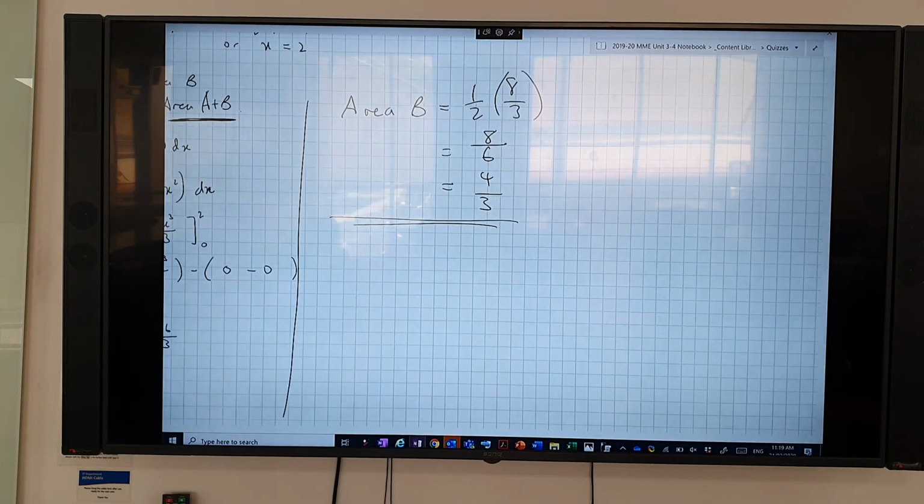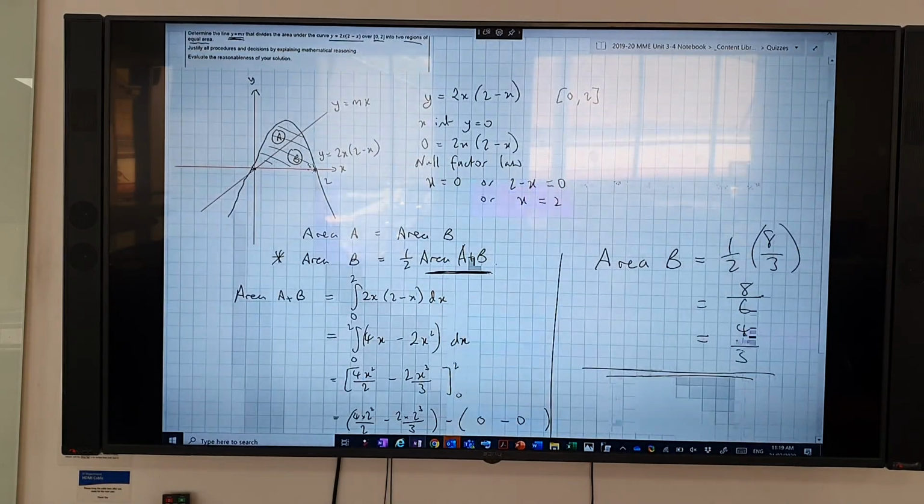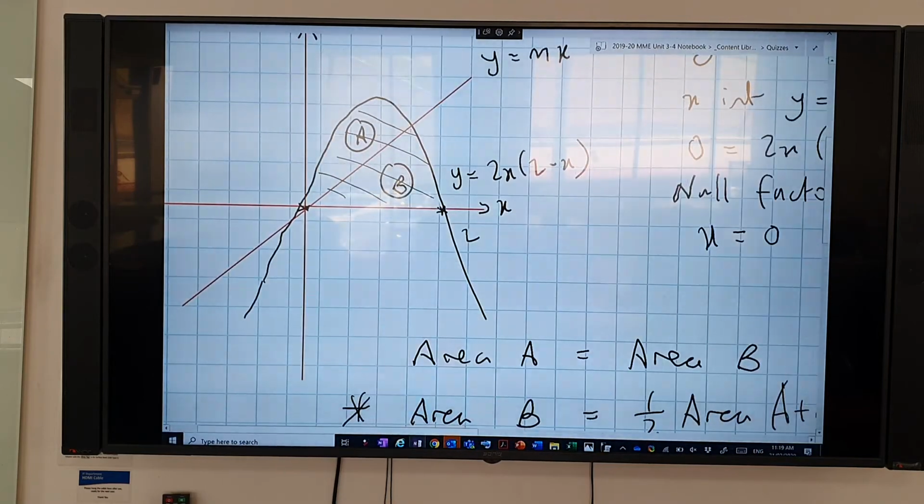Now let's go back to the picture. What a lot of people do, they panic and decide to do the integral of y equals mx from 0 to 2. Is it from 0 to 2? So you make a form of area x. I will in a minute, yeah. I'm getting there, don't worry.